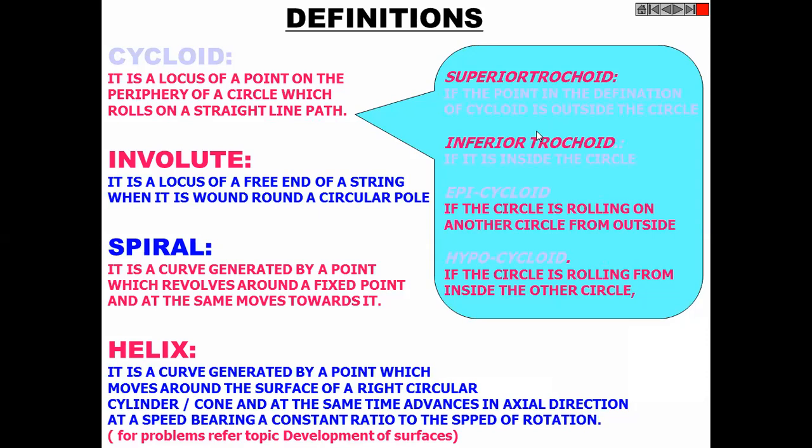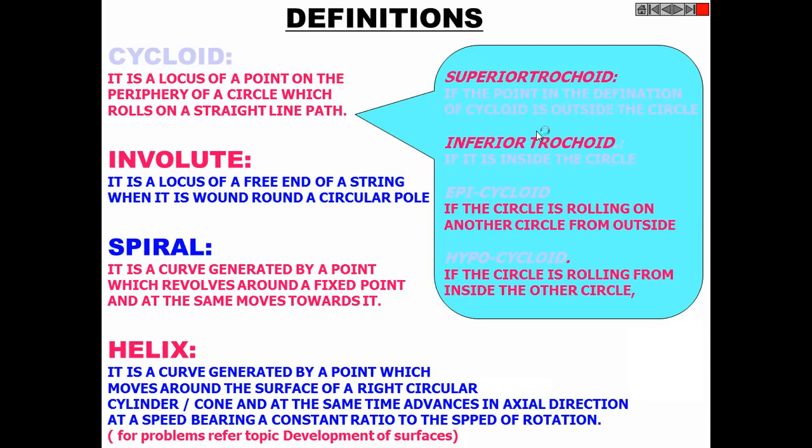In the same way, we have inferior trochoid. What is that? If the position of that point, which is on a circle traveling in a straight line, is at a lesser distance than the periphery. The air filling valve of our vehicle tire is an inferior trochoid because it is not at the end of the periphery. It is a tire width below the outside periphery. It is on the rim. Fine, the steel rim, not the rubber tire.